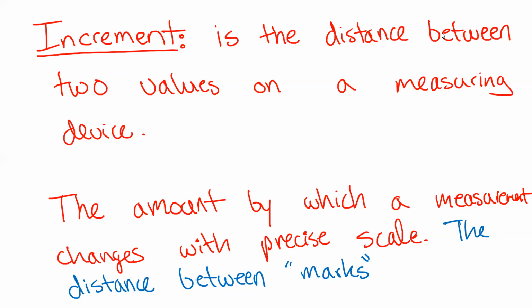Record this session. We are talking about now the measurement worksheet. And we started by talking about increments and saying that the increment is the distance between two values on a measuring device, and the amount by which a measurement changes with precise scale. It's the distance between the marks. Okay. Now,